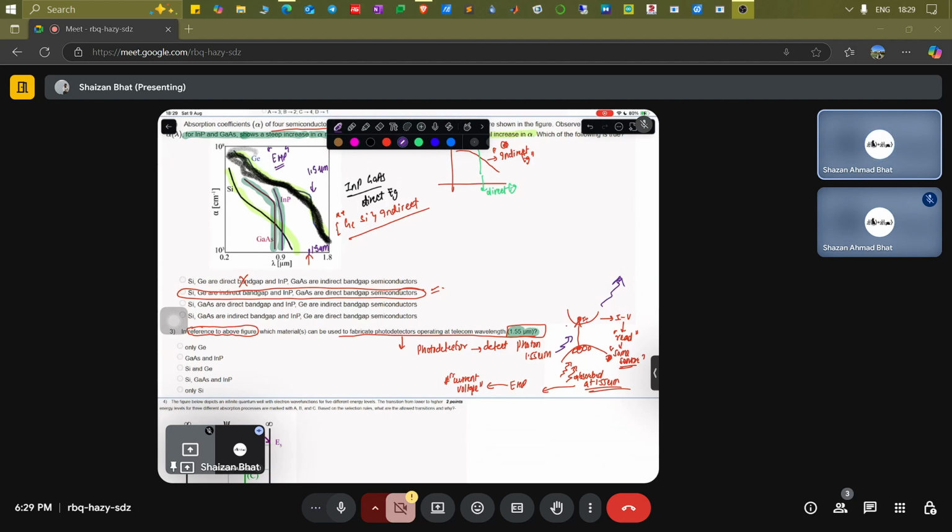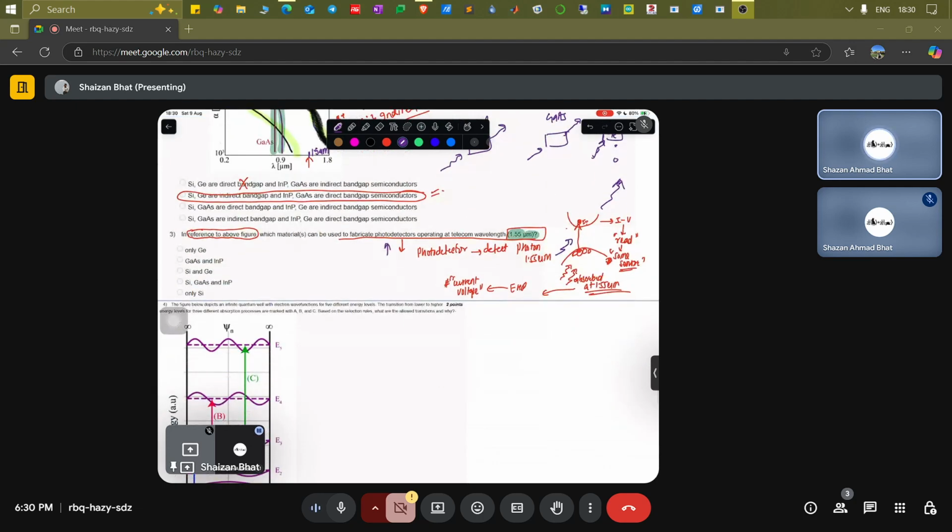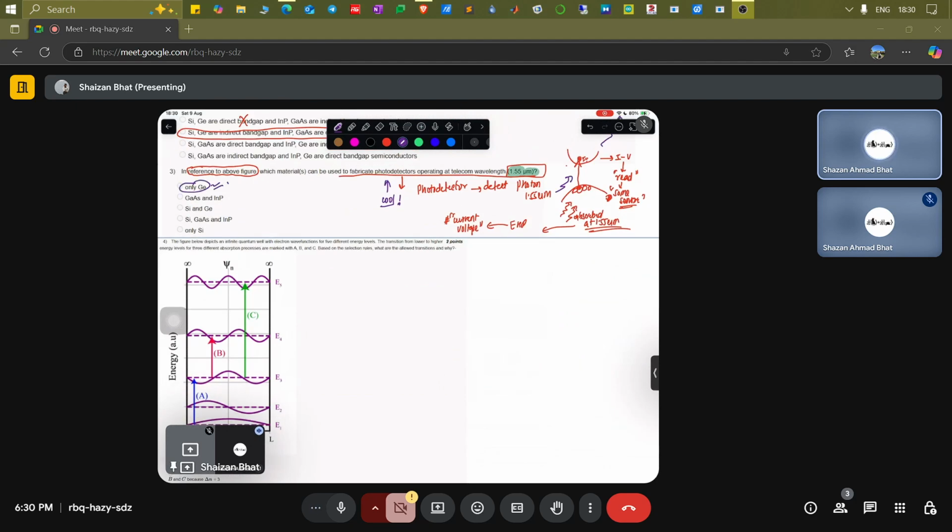That means anything that goes through them will simply be transmitted through. Let's say, for example, if you make an indium phosphide based photodetector, any incoming photon will get transmitted or reflected depending upon the properties. Similarly, if you have a gallium arsenide based system, any incoming photon will get transmitted. But if you have a germanium based one, it will get absorbed and generate electron hole pairs. That will be a very cool photodetector. So only germanium is the correct option.